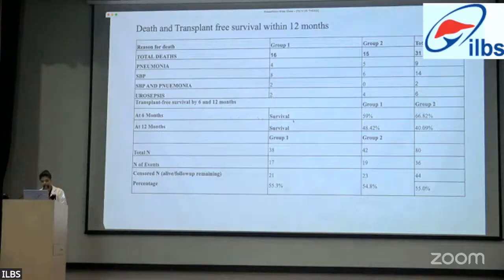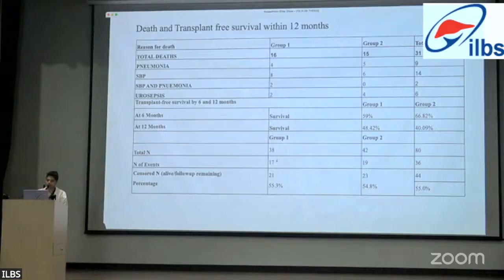Transplant-free survival by 6 and 12 months. At 6 months, 59% of the patients survived in the rifaximin arm and 66% in the norflox arm, and at 12 months 48% in the rifaximin arm and 40% in the norflox arm. The total N after randomization and inclusion was 38 and 42, but the number of events that happened was